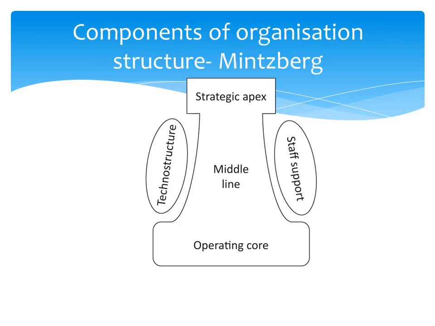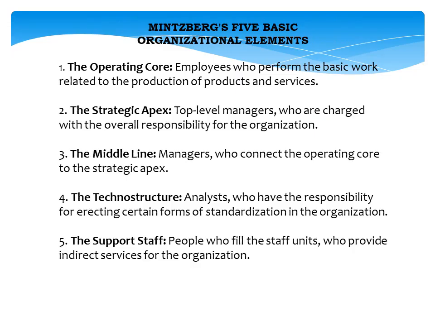Right, here's a very difficult concept. Mintzberg said you can think of organisation structures in terms of 5 components. And you think, oh, that's odd. There's a strategic apex, there's a middle, there's an operating core, there's a staff support, and there's this thing called technostructure. And what he's saying is you can describe companies in terms of these 5 components. Some have very little of one, lots of the other. Some don't have them all. And you think, that's difficult. So what are the 5 things? Well, there's a bit more there.